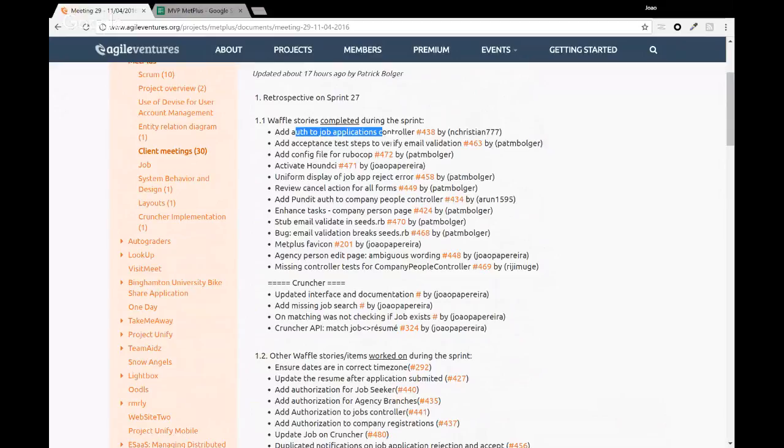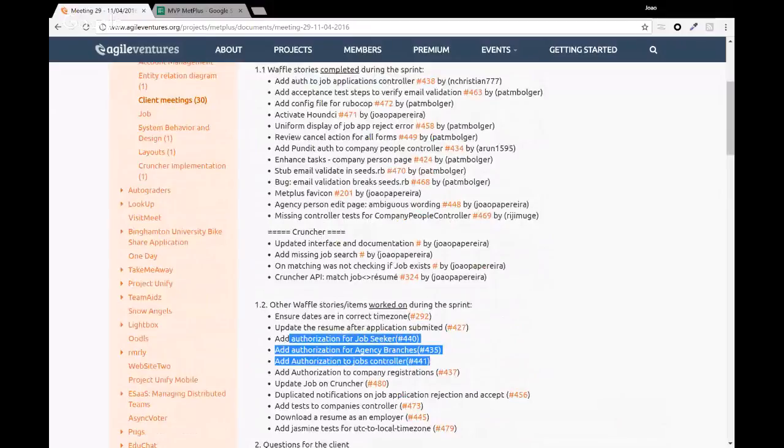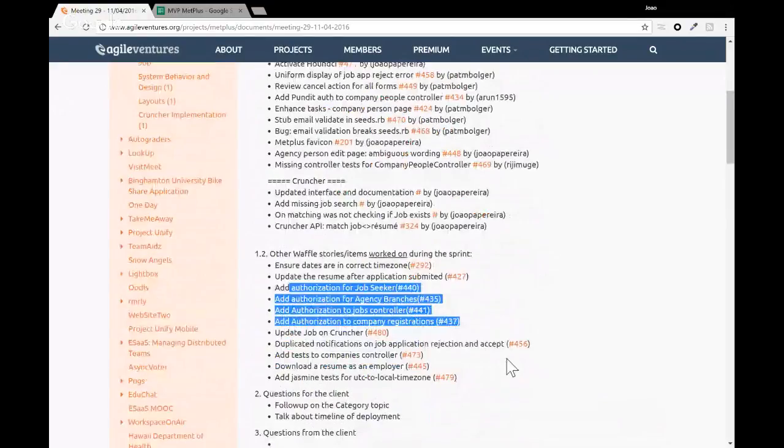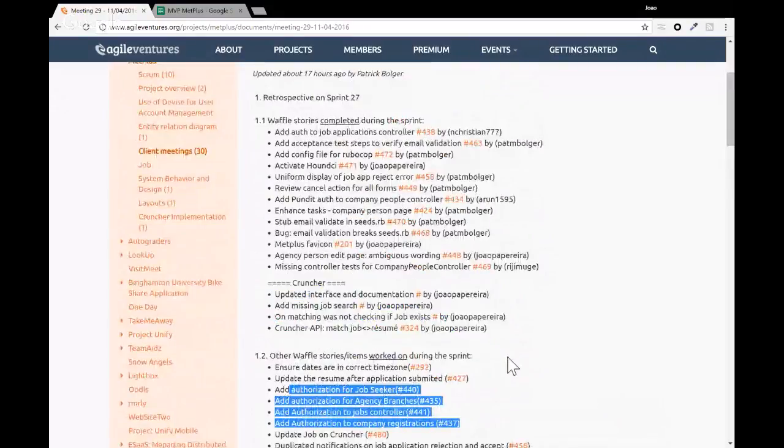So that's basically what we've been doing on the past two sprints, and I think we're almost finishing. We still are working on a couple of them. We have here 4 that we are still closing up, and then I think we will be finished with the authorization part. But maybe I'll just kick this up to Patrick, so we can take a look at all the things that we've been doing.